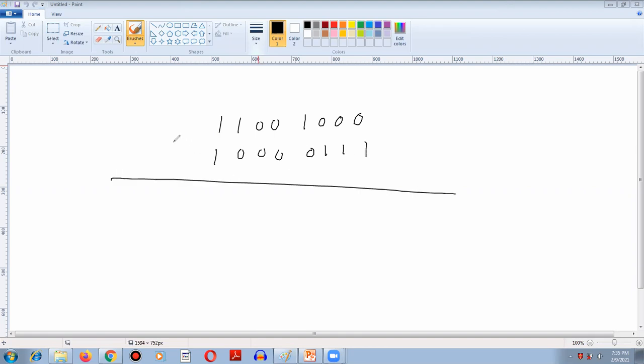If I add these two numbers, going bit by bit, 0 plus 1 is 1, 0 plus 1 is 1, 1 plus 0 is 1, and 1 plus 1 gives 0, and a carry is generated. When this carry is generated, the carry flag inside the PSW register will be set to 1. If it is not generated, it will be 0.